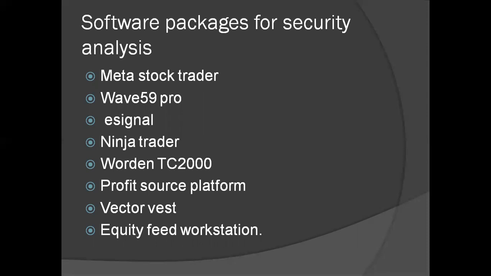The next one is Profit Source Platform. Brokers and traders in the stock market use this software to provide technical indicators of the stock market. It is useful for trading in equities, options, futures, and global level funds. The next one is VectorVest. This package is used in several countries like USA, UK, Canada, Singapore, Australia, India, Hong Kong, and South Africa. It is useful for assessing stock and has comprehensive coverage of technical indications for covering stock and charting tools.